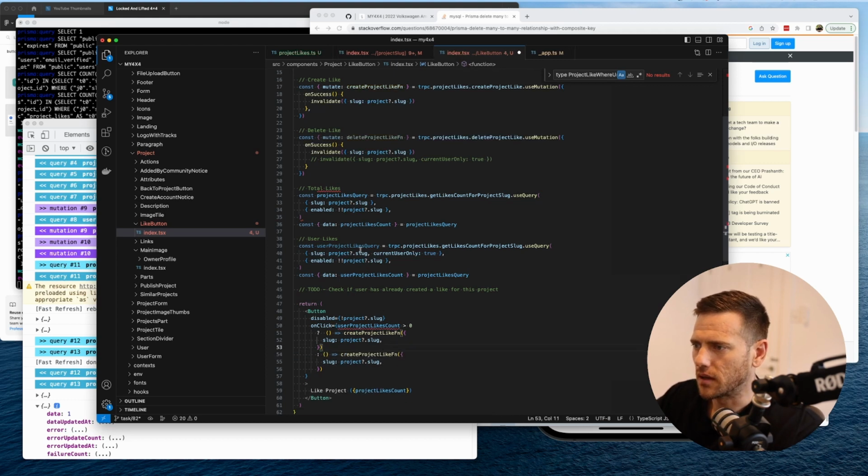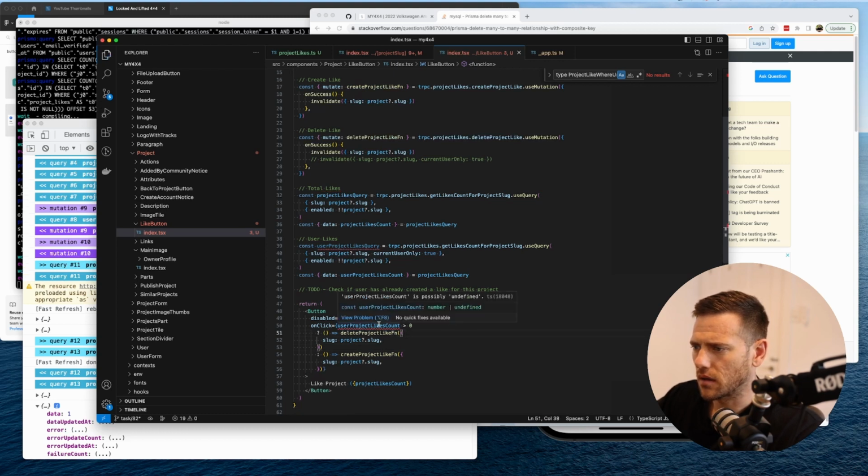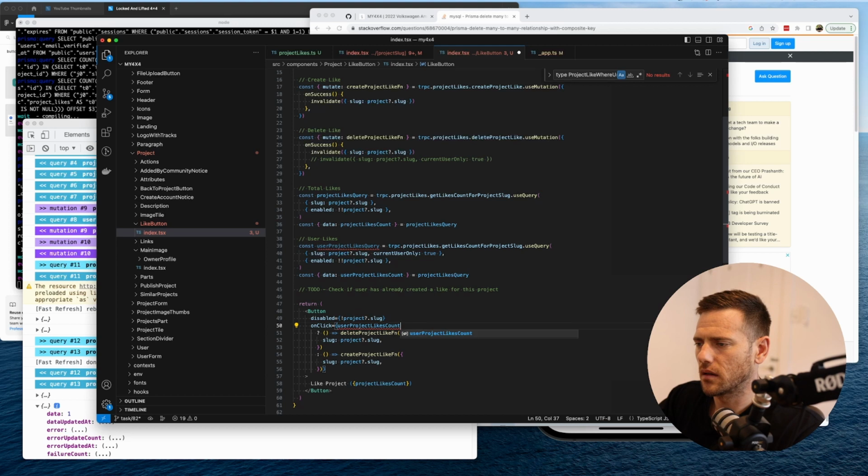And this is going to be delete project function with the slug of that. And what is this saying? Is possibly undefined. So maybe we say, we can look here for